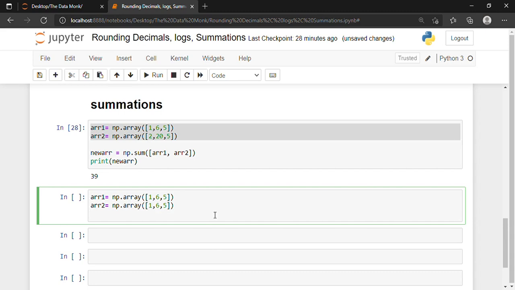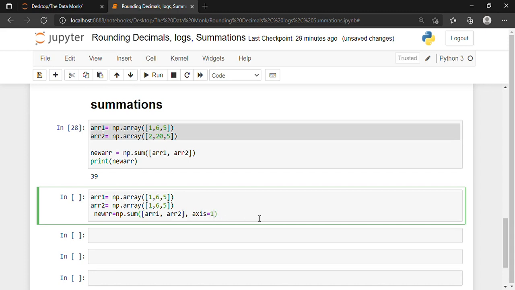Now new array is equal to np.sum, and inside array 1 comma array 2, and after writing array 2, I'll put a comma and write axis is equal to 1.